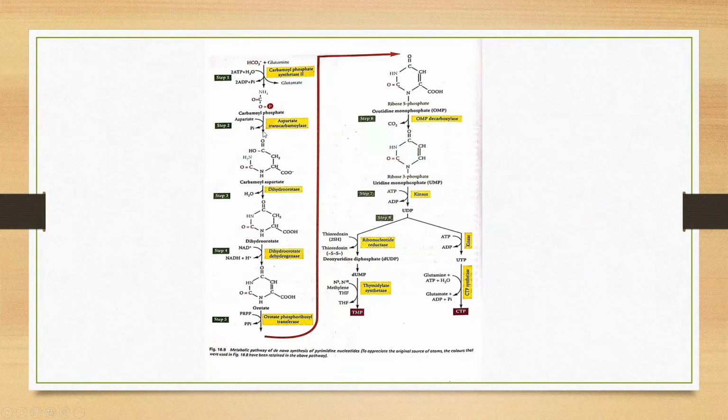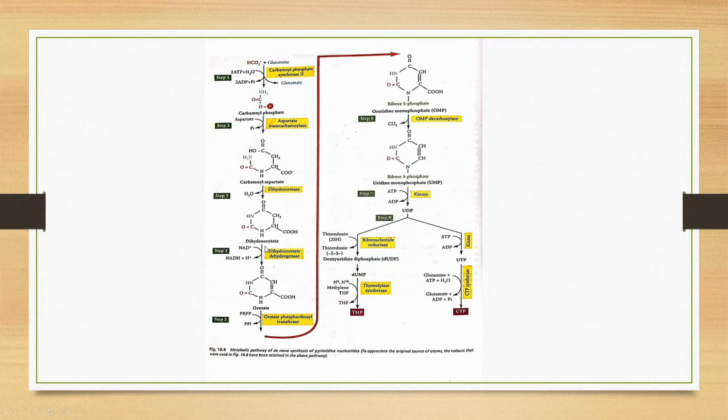All the rest are derived from the aspartate. So C2 and N3 are from carbamoyl phosphate, and the rest are from this aspartate. Pyrimidine ring closure occurs in step 3, the step with the covalent bond formation between the third nitrogen and the fourth carbon,